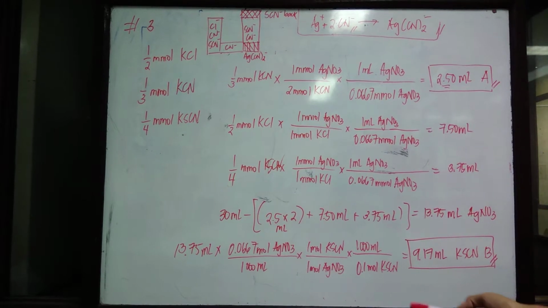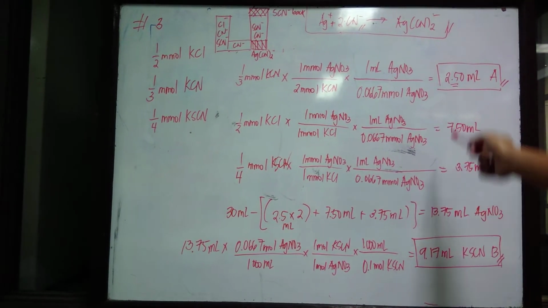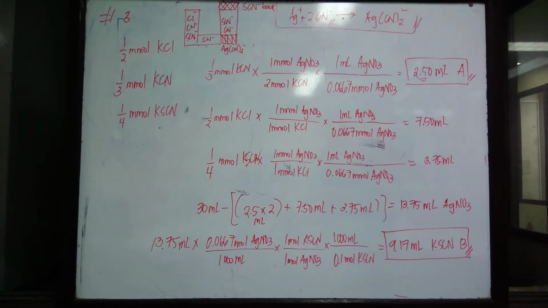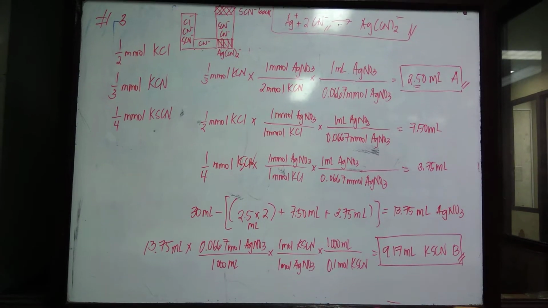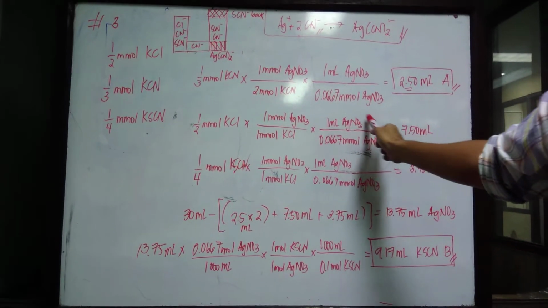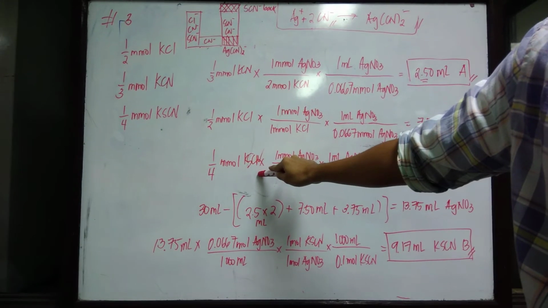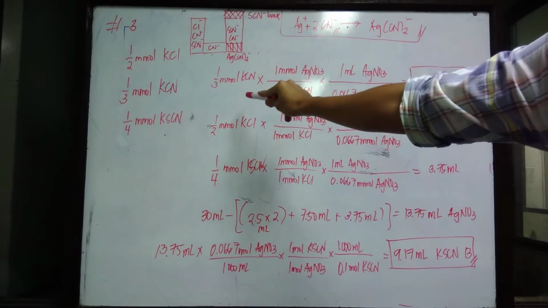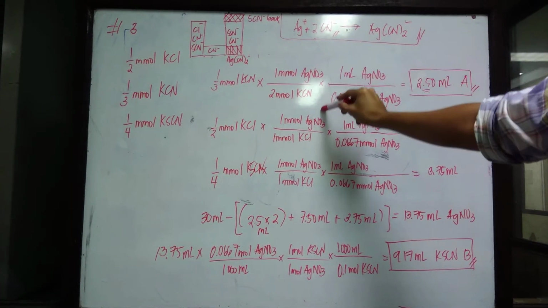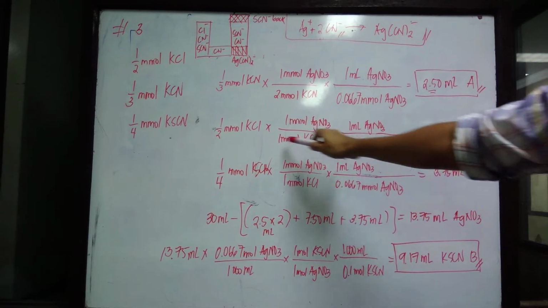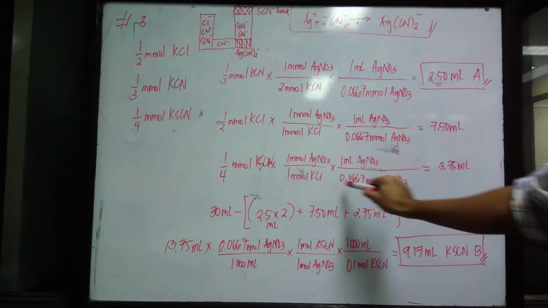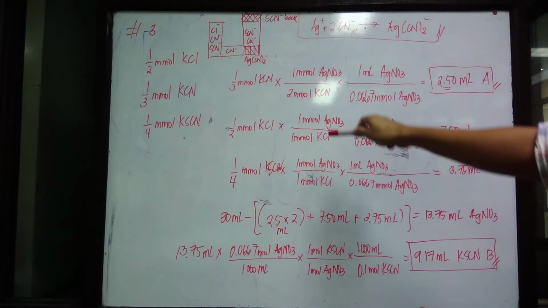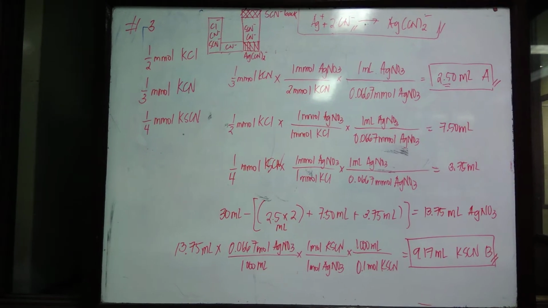in the solution. So, yung una nating na-compute was the amount of silver nitrate which reacted with potassium cyanide. So, what we should do is to compute also for the amount of silver nitrate that reacted with your potassium chloride and potassium thiocyanate. So, same lang naman yung procedure, no? So, 1/3 millimoles times the molar ratio times the molarity. Same lang yung ginawa. And then, we obtained 7.5 ml for potassium chloride and 3.75 ml of silver nitrate for